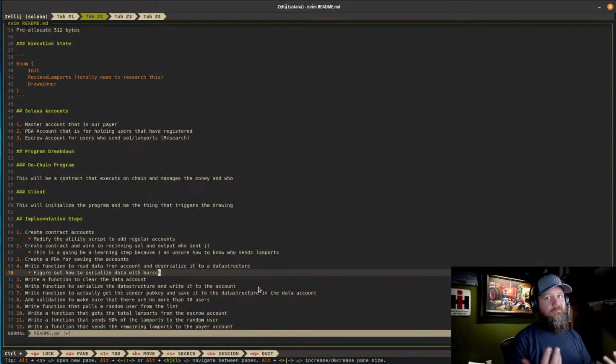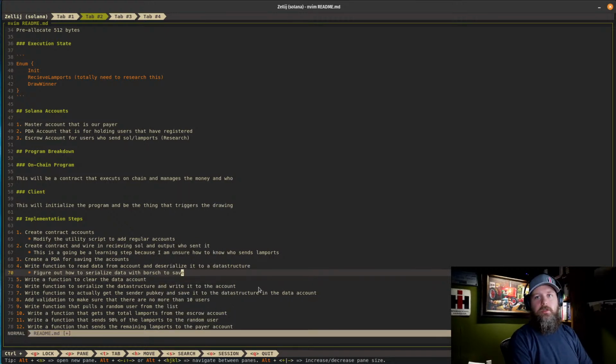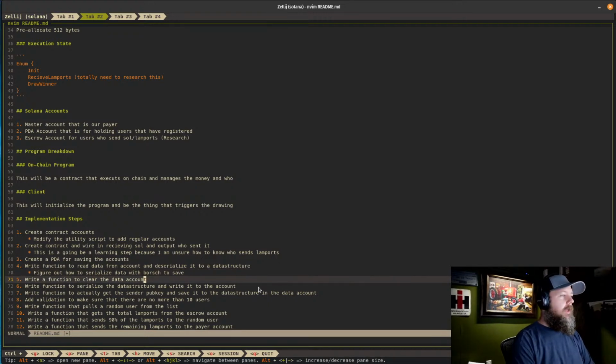Like that, we know how to do it. To save, I mean, really, it's a Borsh deserialize with Serde. It's just a how do you do it? It's the tactical how do you do it? Write a function to clear the data. I mean,